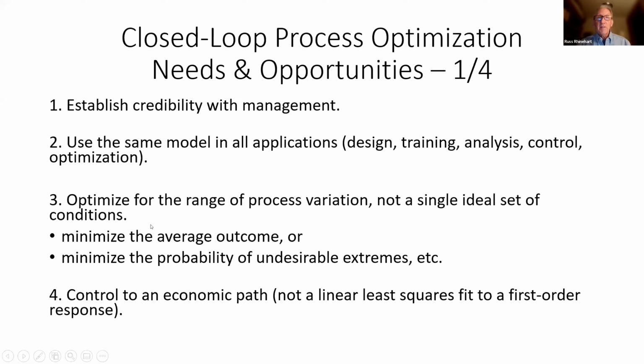So what I'd like to do is to summarize what I think are the needs and opportunities for process autonomy. And the big one, I think, is going to be to establish credibility with management. And this can be done through lots of simulations, through implementations on non-critical aspects, on not having the optimizer, the artificial intelligence, be in charge, but have it reporting what it would recommend done to establish credibility with management.